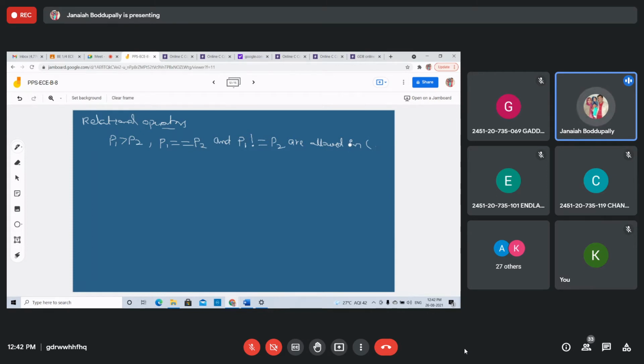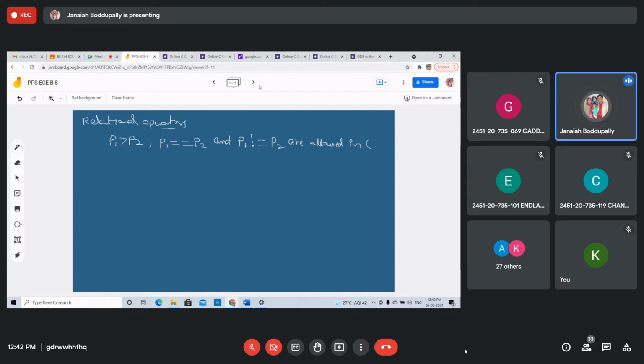Any comparison of pointers that refer to separate and unrelated variables makes no sense. If you use unrelated variables, those are meaningless. So we will use these comparisons in strings and arrays.